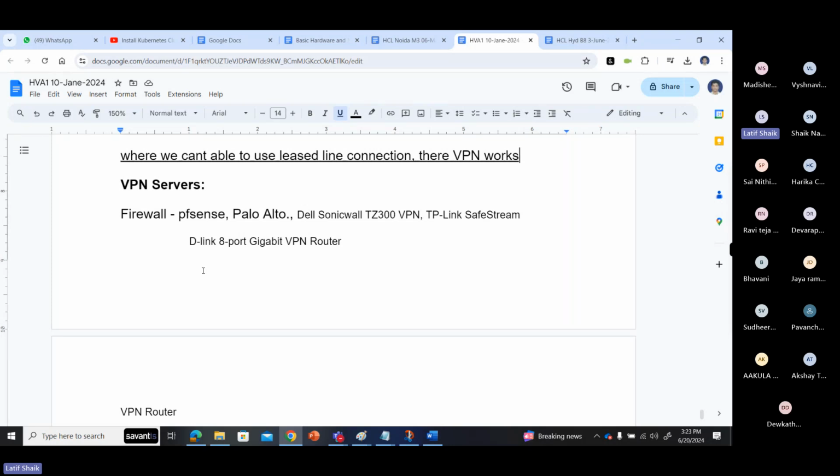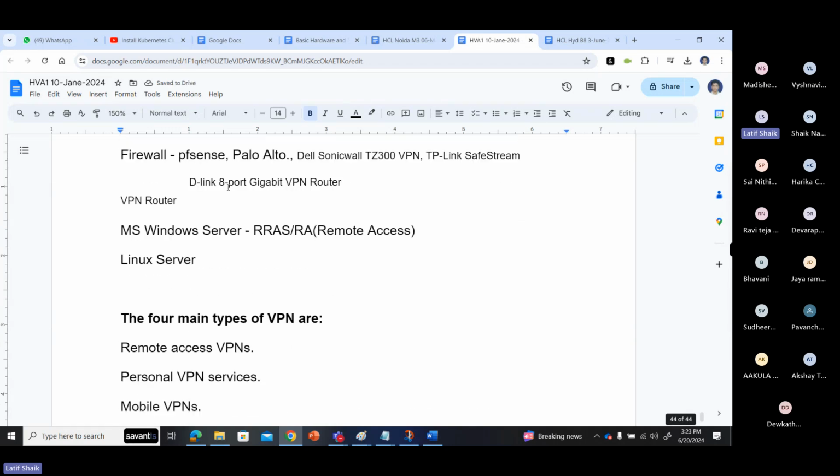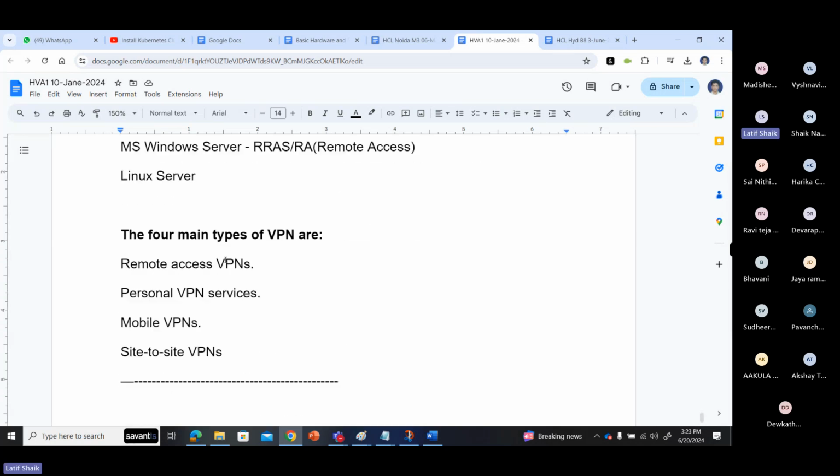Some firewalls have a built-in feature for VPN connectivity, so you can use that. There are VPN routers also. You can use your Windows server for this purpose, RAS kind of stuff. In a Linux server also you can configure the VPN part.